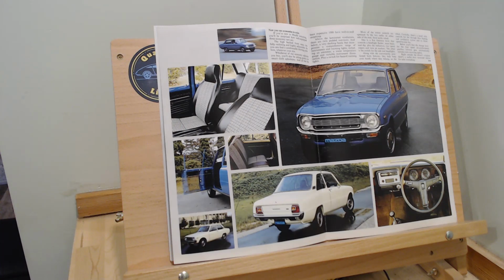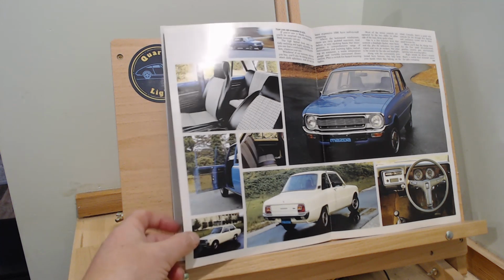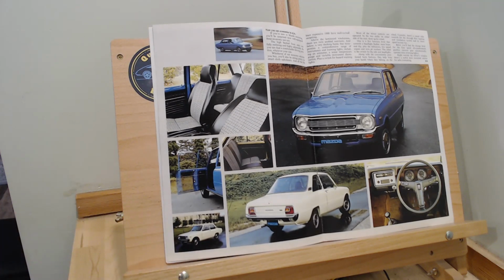And like I say, they really spared no expense on this brochure. The photography is really nice. The quality of the paper, almost like shiny card, is so nice, and I guess that's why it's held up so well. But for a budget car, they really went out of their way to make them look amazing and very buyable. When you went in the showroom and they gave you this brochure, that alone would give you a good impression,